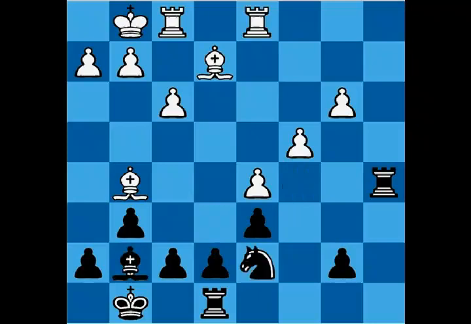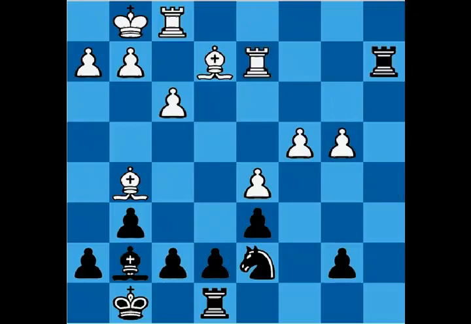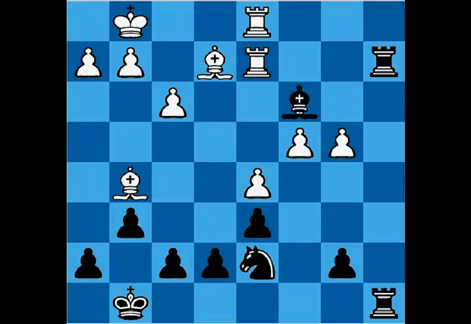Black's knight. Black dominates the a file, and white's two bishops are totally meaningless here in this position. b4 was played, making more weaknesses. Rook a2, rook d2, rook a8, rook fd1, bishop c3, forcing white to take the rook on a2, rook takes a2,